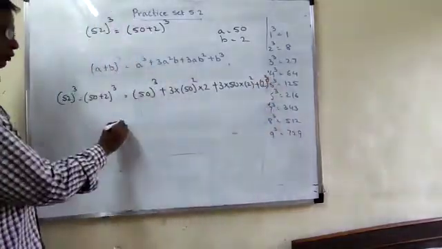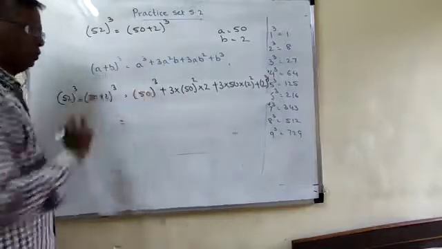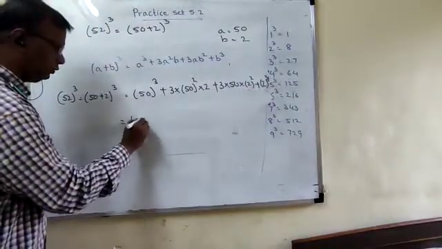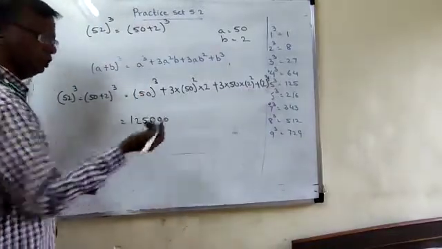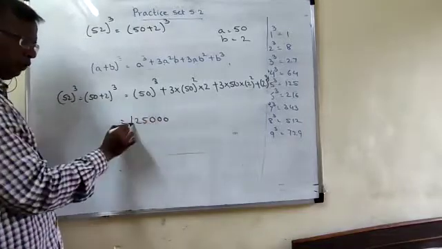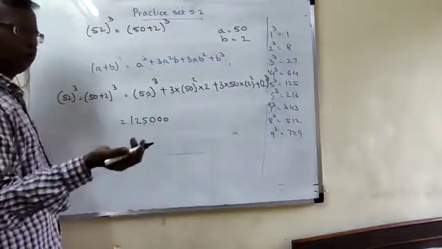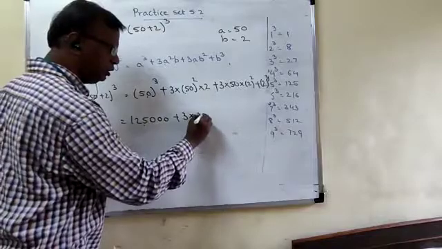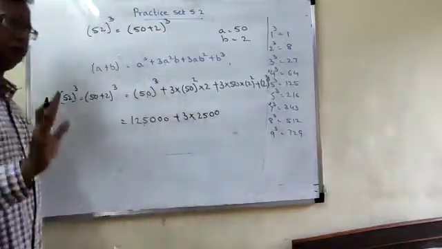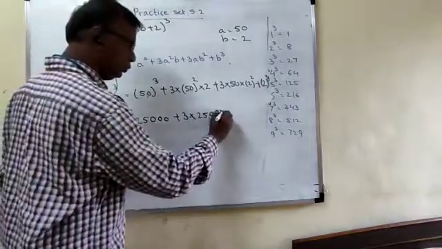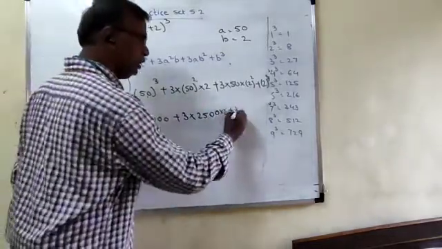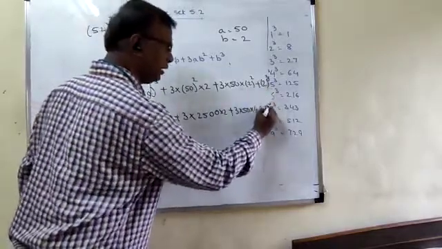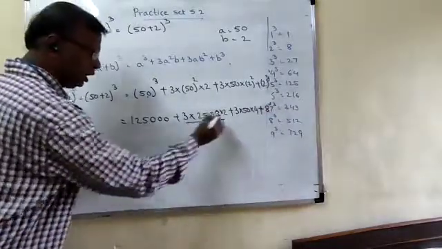Any doubt? Now 50 cube, don't multiply 50 cube. What is 5 cube? 125. Write 125. 0 cube is how much? 3 zeros. This way. See here. That's enough. Simple. 3 into 50 square, that is 5 square is how much? 25. And 0 square we write 2 zeros. This way you can do simple way. Into 2, plus 3 into 50 into 4 plus 2 cube is how much? 8. Multiply this term and multiply this term.